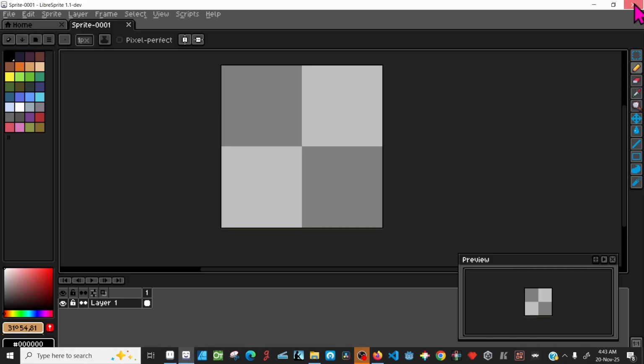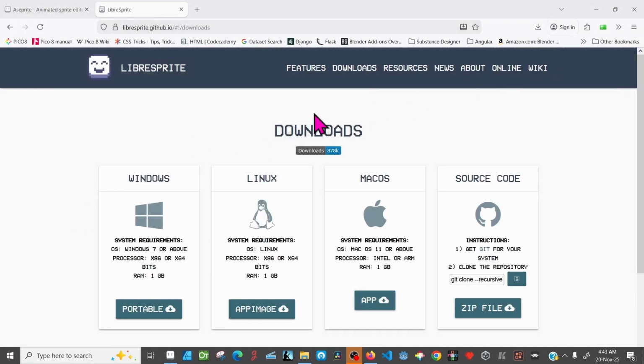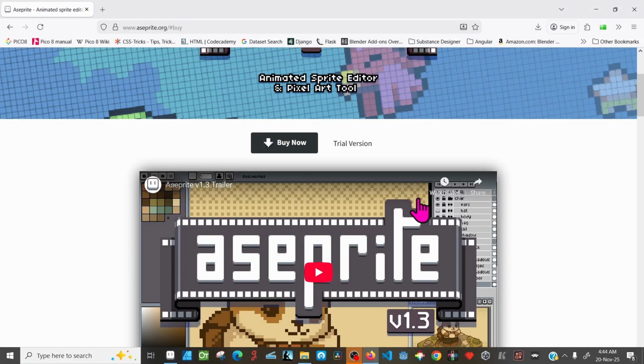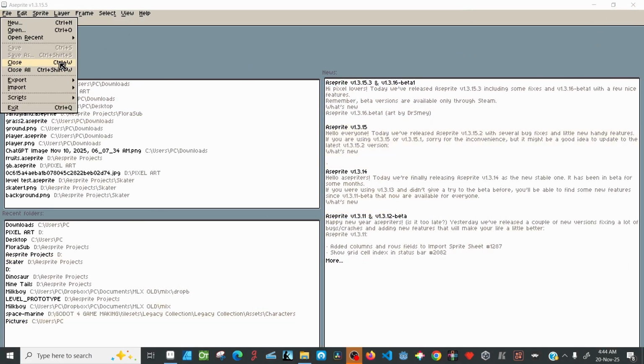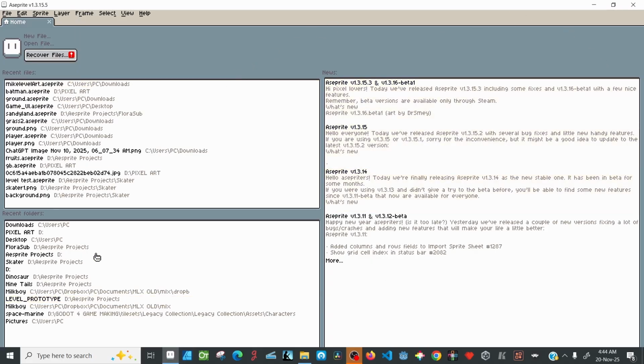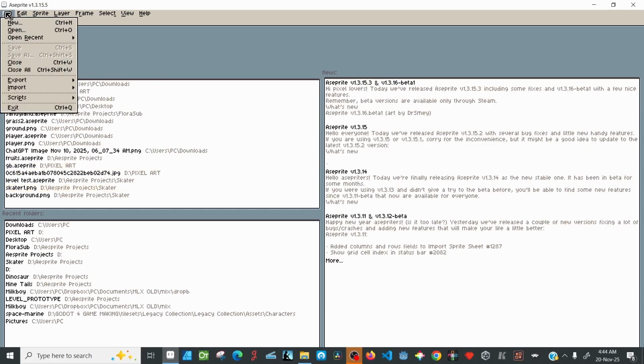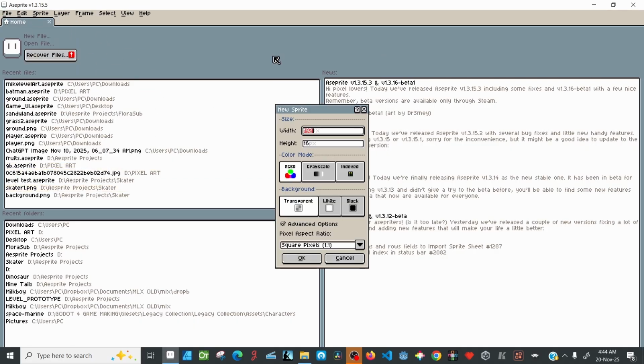So with that being said, I'll just close LibreSprite and close this, and I'll also close this one as well. When you open up Aseprite to create a new project, you have this splash screen that shows you the recent versions and all of that, recent files. Let's just go to file and click on new. Now, when you click on file new, you're going to be prompted with an option to create a new file